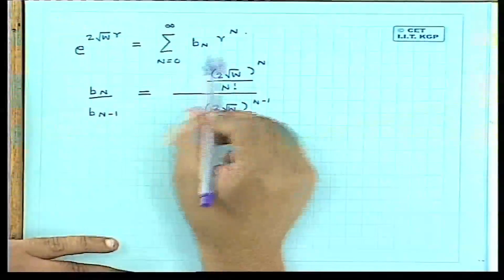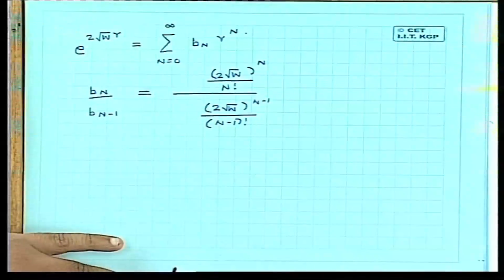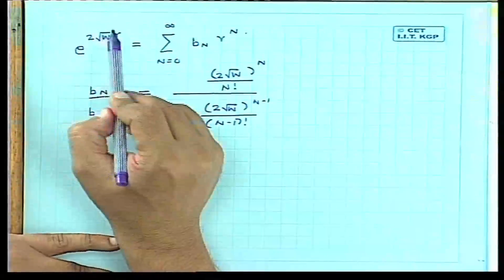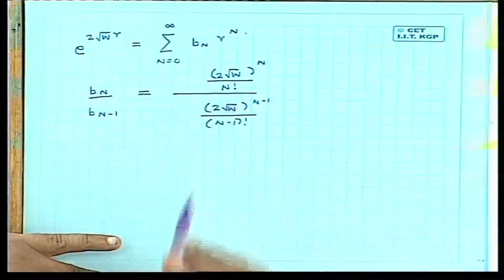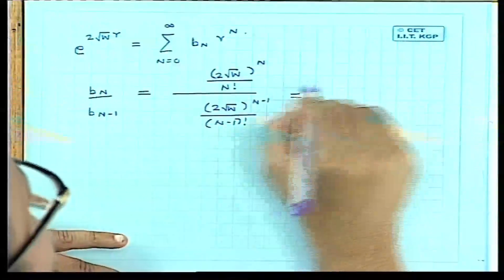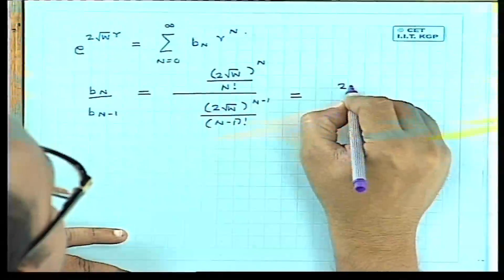These are the expansion coefficients in e to the power 2 square root of w r. It is this whole coefficient to the power of n divided by n factorial. So for large n or for any value of n, this is exactly equal to